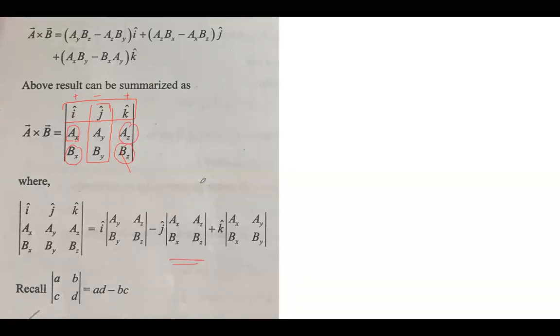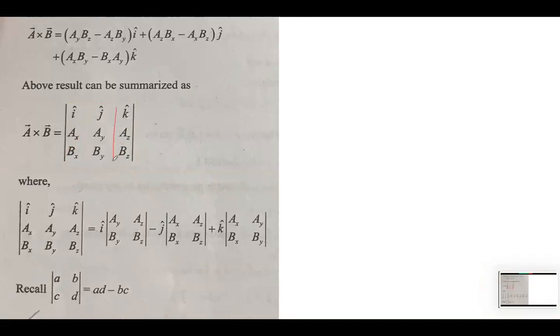Then we open it, we expand it using this k. So when we expand it across k, we have plus, minus and again plus. So plus of k हो जाएगा, और इससे मतलब बेसिकली जो बच गए वो ये 4 बच गए, उनको हम यहाँ यूज कर लेते हैं, ax ay bx and by.